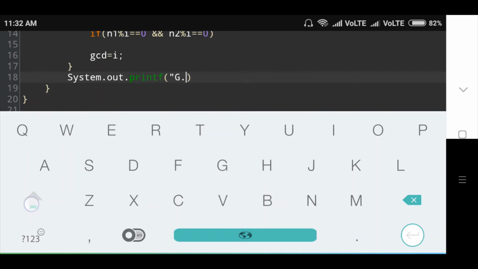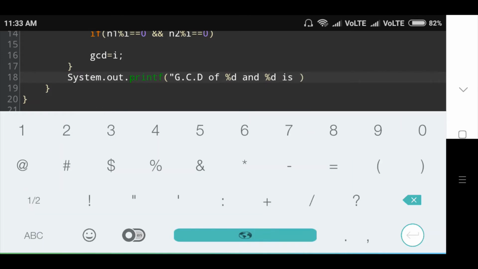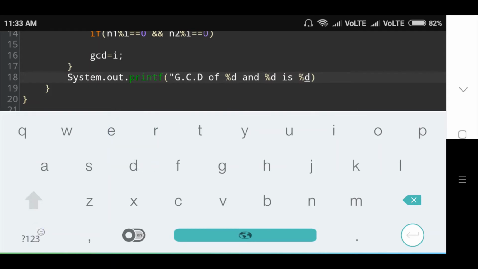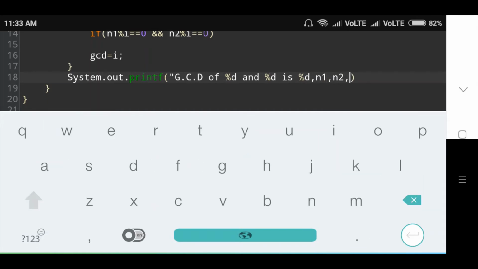GCD of %d and %d is %d, comma n1 comma n2 comma GCD.